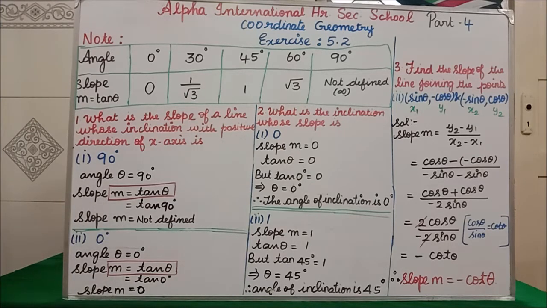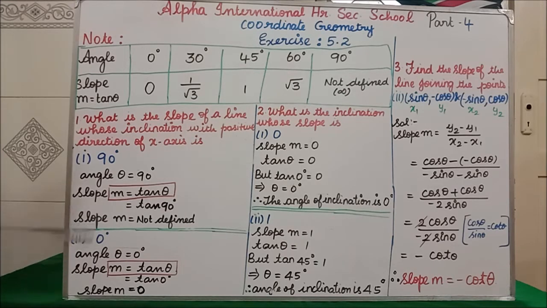That is our answer. Students, in your exam, they will not provide you this table. You have to learn it by heart and you have to write. Clear? Now we'll see the second subdivision. In the second subdivision, they have given 0 degree. We have to find the slope. Slope means we have to find the value of m.